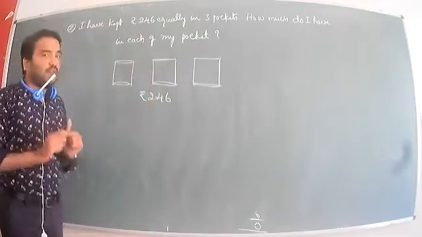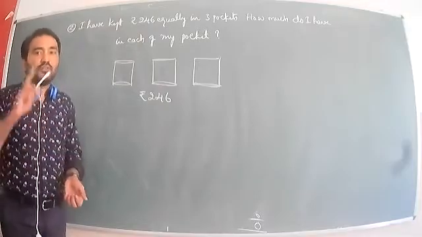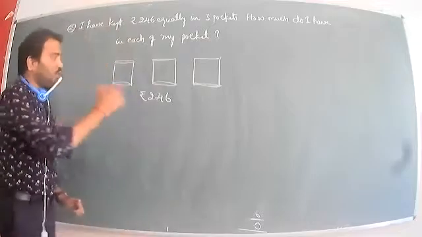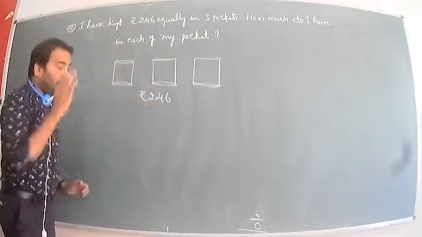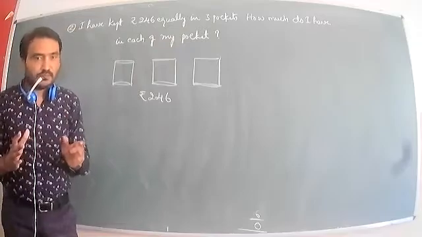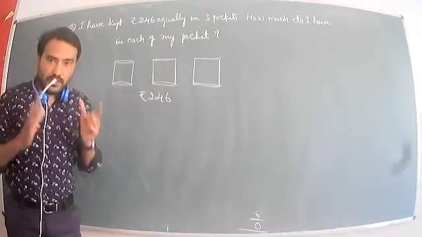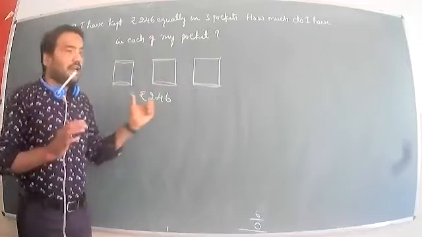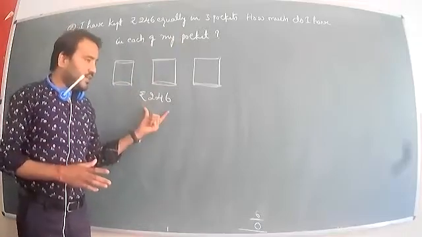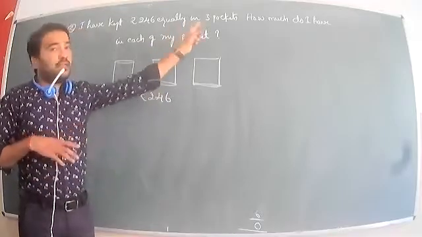Okay, so Guruji, what do we take and divide here? I have already told you: the total money is divided. What is the total money here? 246 rupees. So how many packets are there? 3. So that is called the divisor, the number of objects. The total money is the dividend. So keep that in mind. So we divide the number 246 by 3.